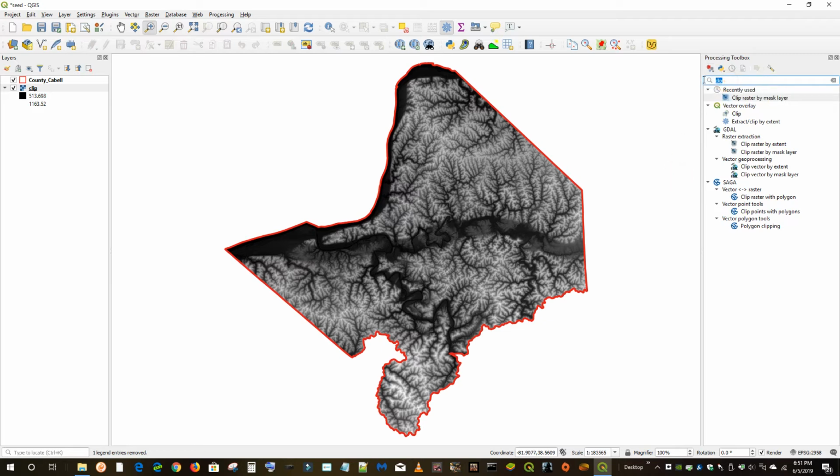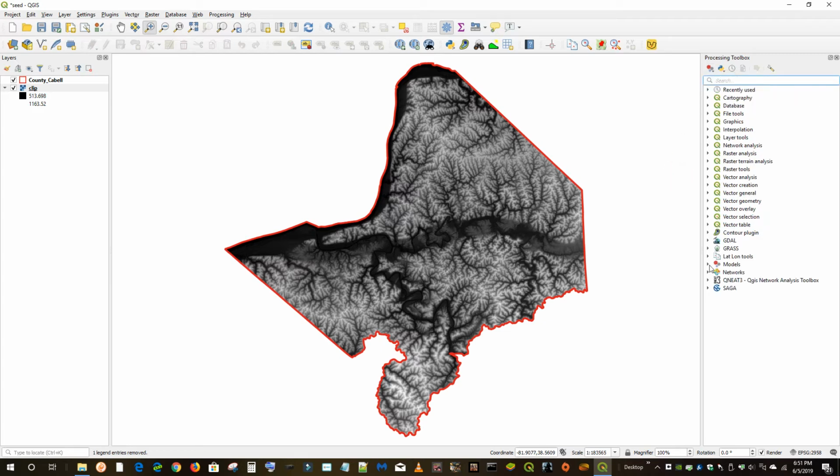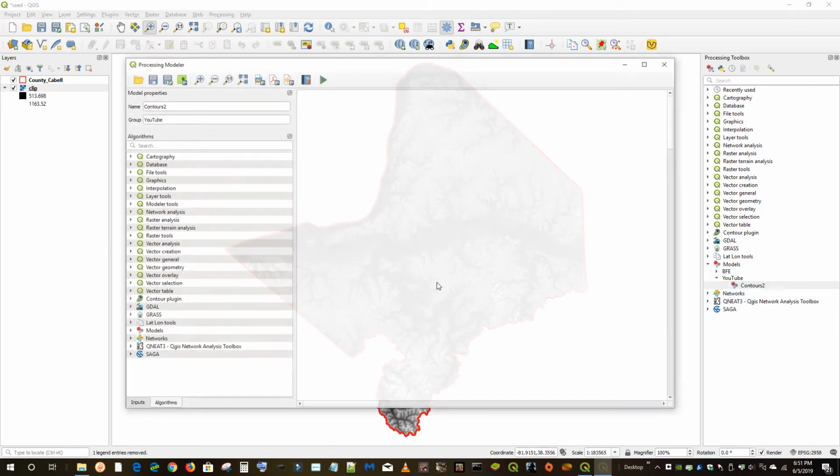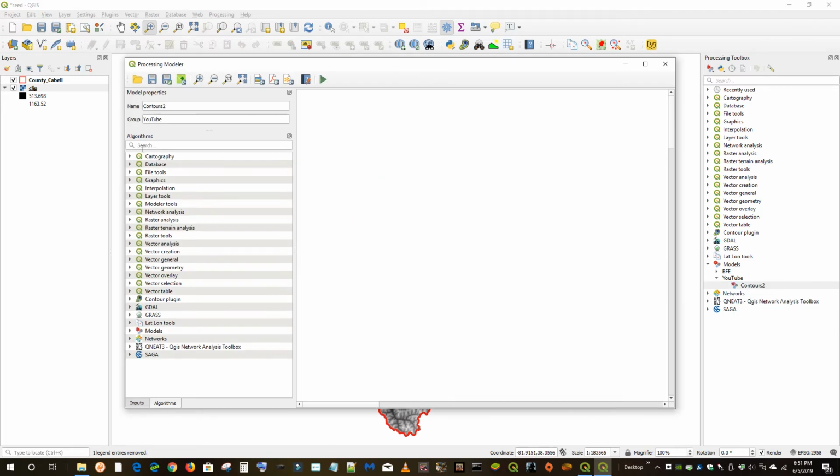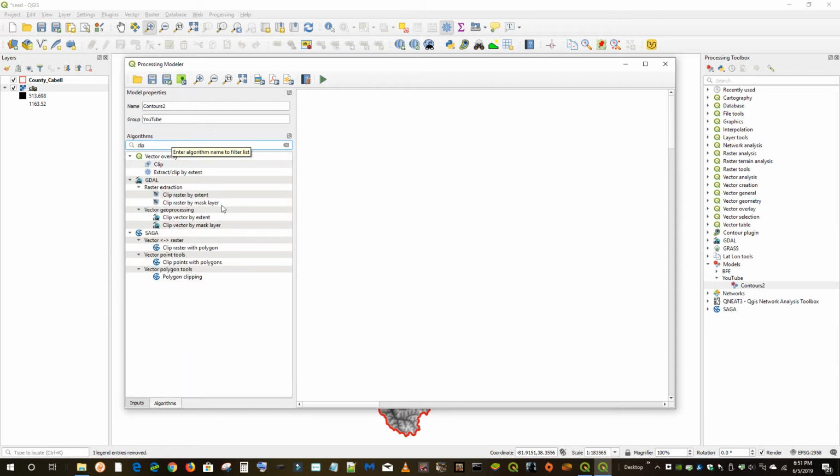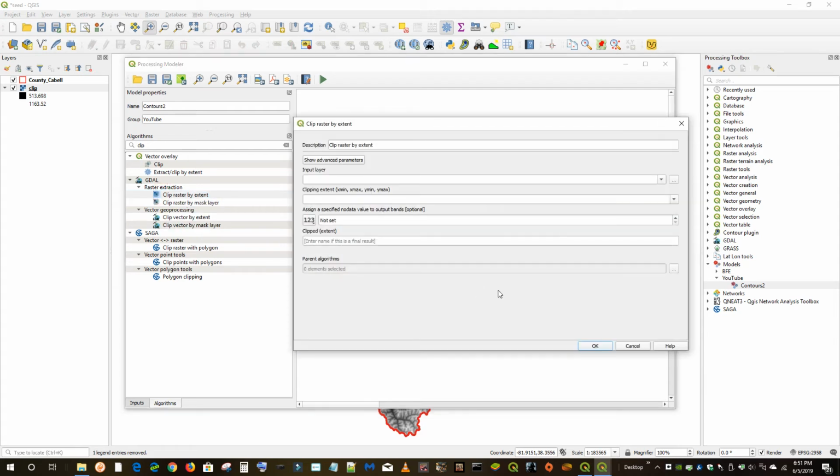I'm going to take this off. So let's do that. Open this up, edit the model, go to the algorithms here, do a search, clip. Clip raster by extent. Let's put that in here. So what happens when you drop that in there? It asks for input. So you want to have your input ready. In this case, it's,